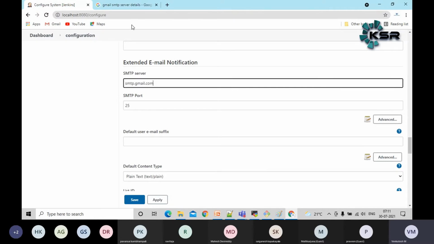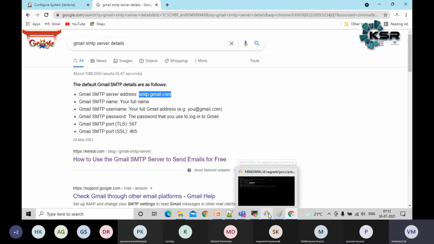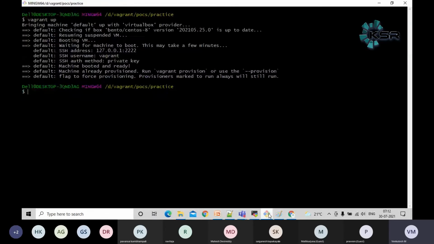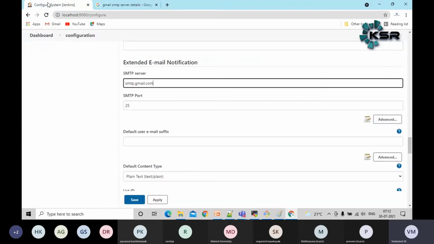Then the second thing we need to configure is the port, guys. Let's see why we need it. Any service will allow a particular port. Let's say when you want to log into the VM, what port am I using? 2222. Similarly, to access Jenkins, localhost 8080, SonarQube 9000. Each service has its own port where we can access it, guys.